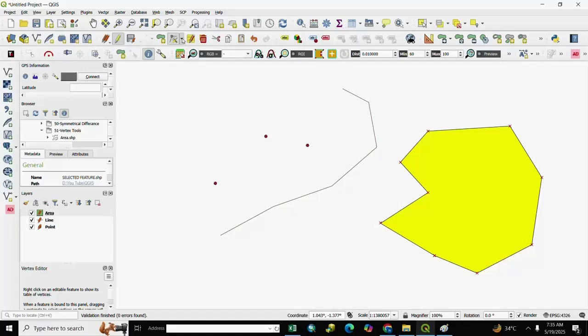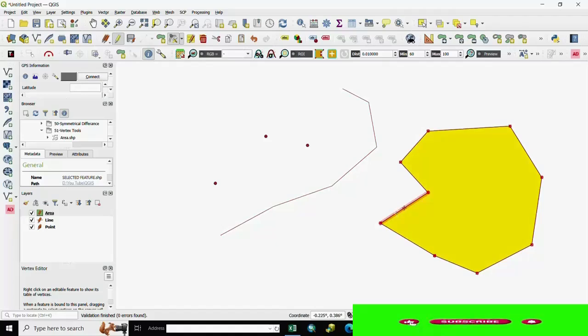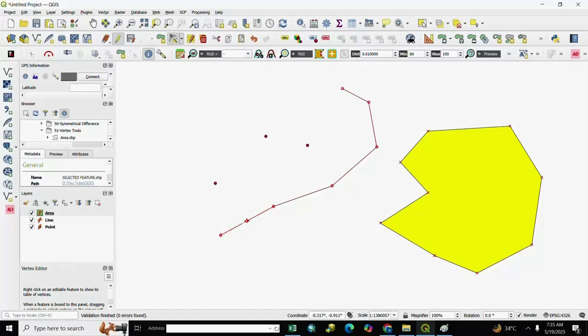Next, we go to the Vertex Tool for all layers, you select it, and you see here all layers are highlighted: point, line, and area, all layers' vertices are highlighted. If you want to draw a new vertex, you click here and draw a new vertex.